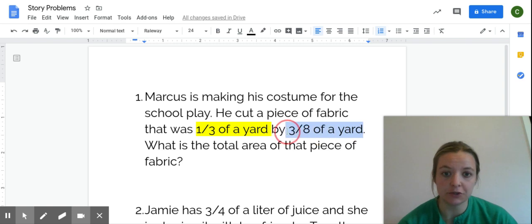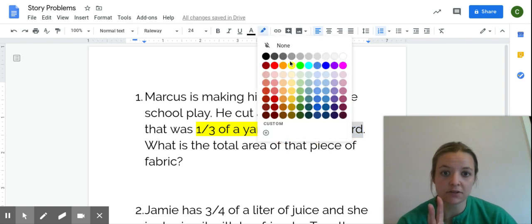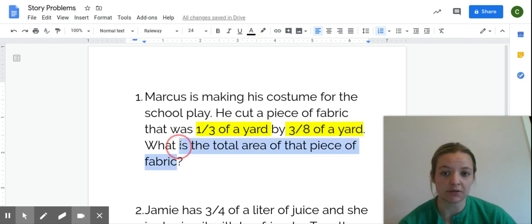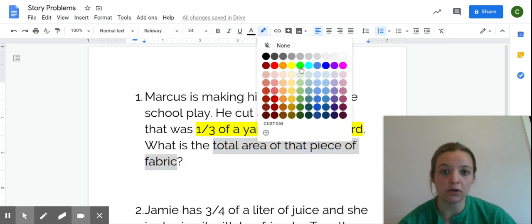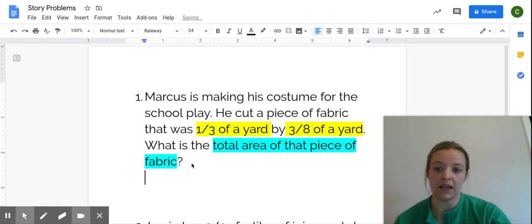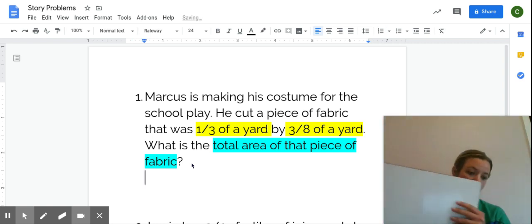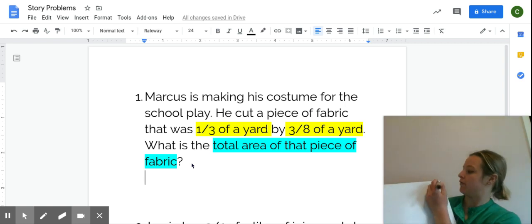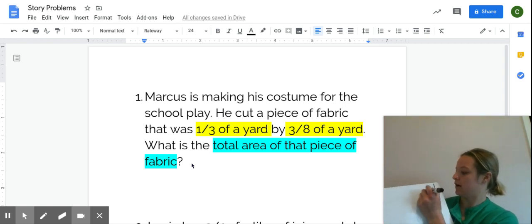So besides my two pieces of information, I also need to highlight key words in my question so I know that I answer it fully and correctly. So my question is asking about what is the total area of that piece of fabric. If you have a paper, I would recommend solving it on paper first and then copying your work onto the document. So I have 1/3 of